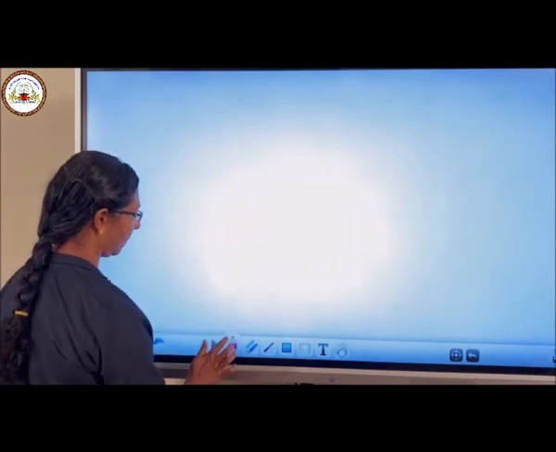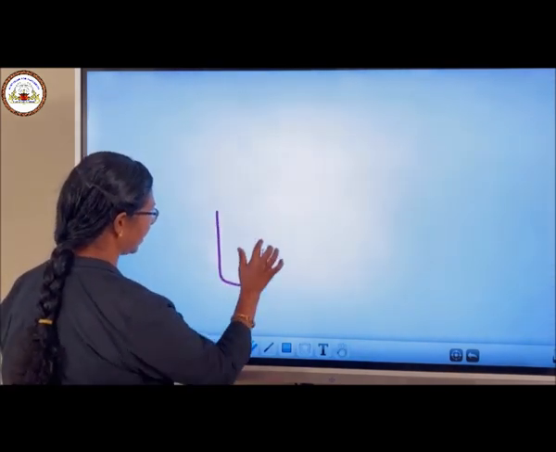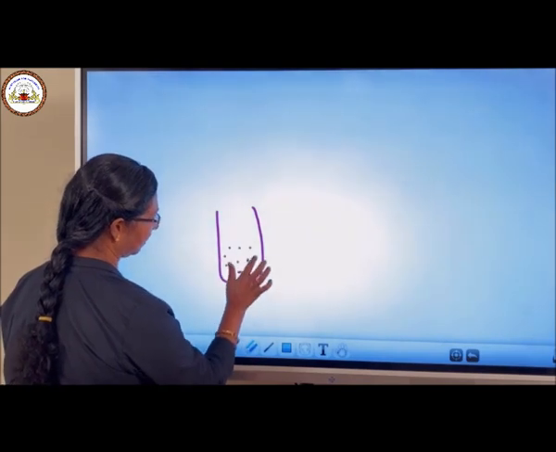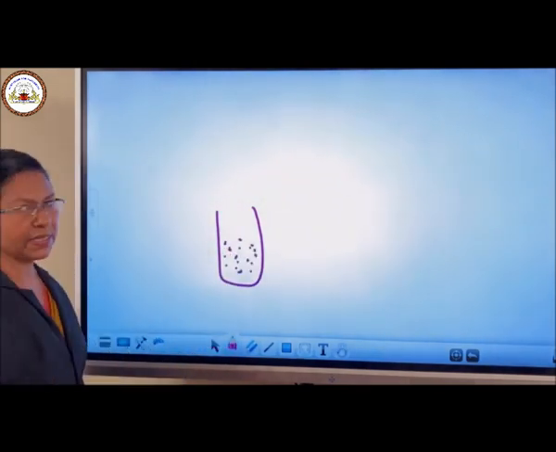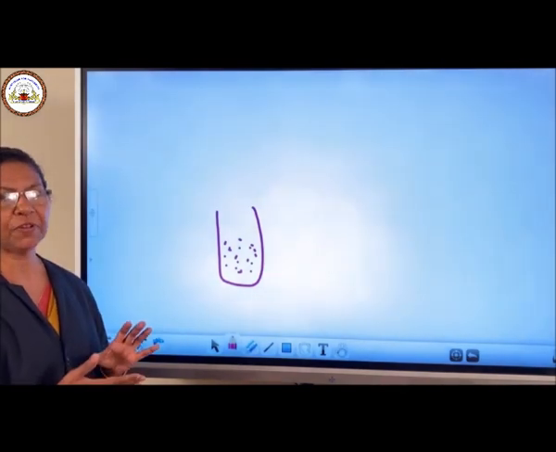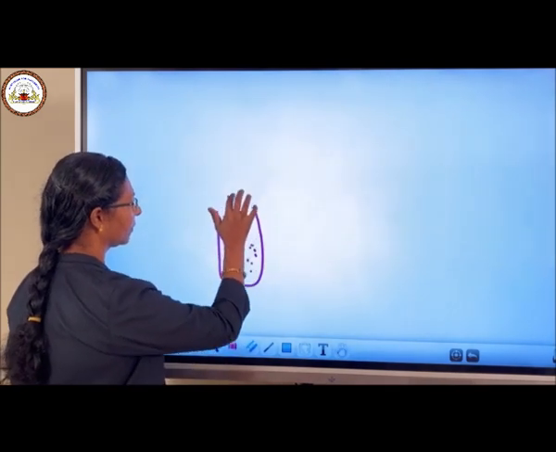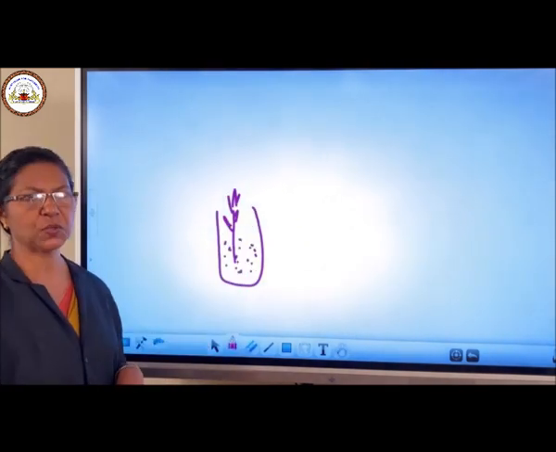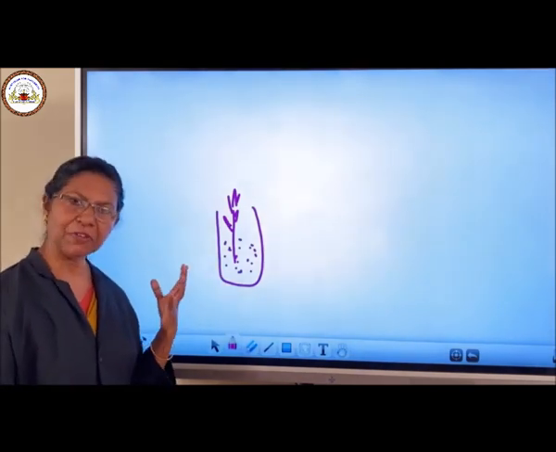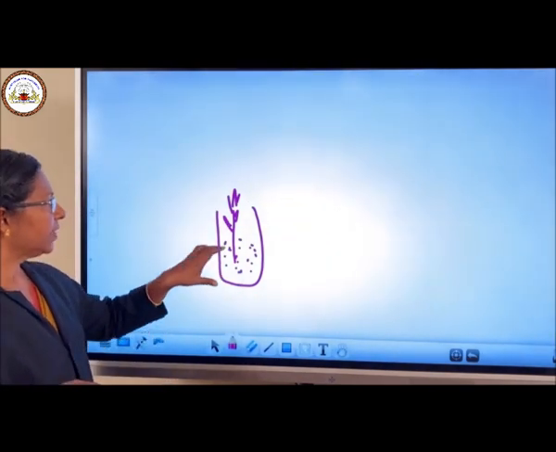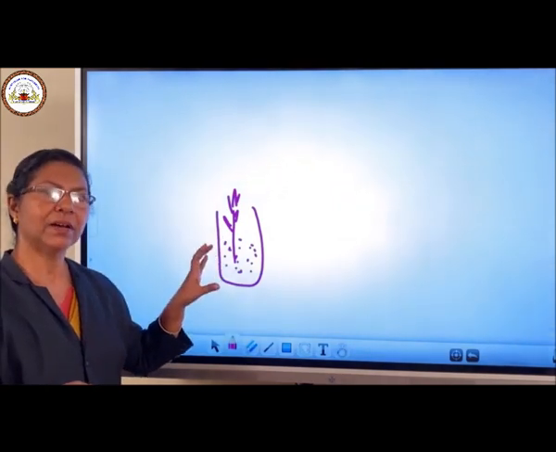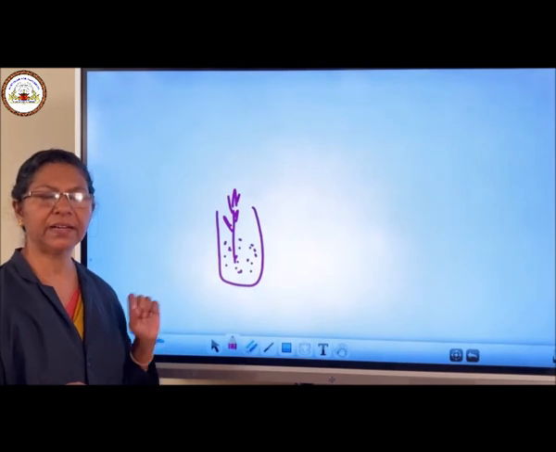Now we have to study about the first part of the plant, that is stem. Now we can do an activity. We have to take a glass which contains red colored water. In this glass, we have to cut the stem of a balsam and keep it in this water. And it has white flowers also. The next day or after few hours, we can see this plant is up. This plant has got the color of that water, that is red in color.